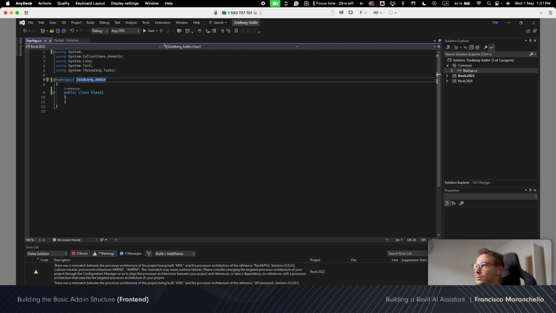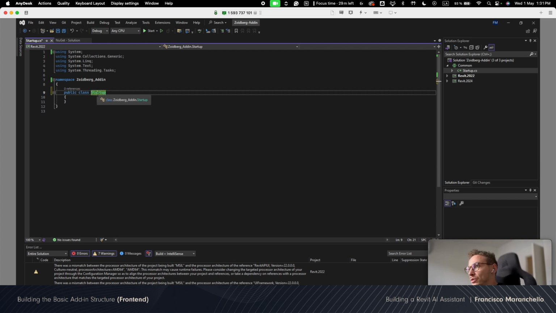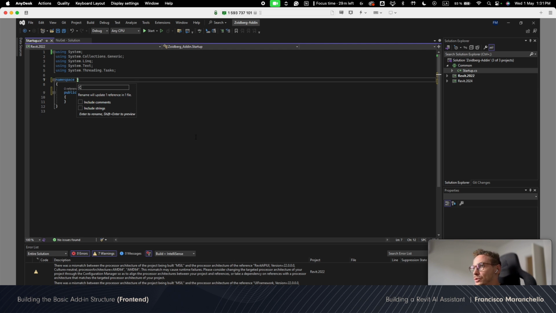I renamed this file, and I'm going to rename the class to Startup. You can do this with Ctrl R and it will rename the file, but it sometimes fails for me in Visual Studio, so I just did that manually. I am going to rename the namespace to Common so that it matches our shared project